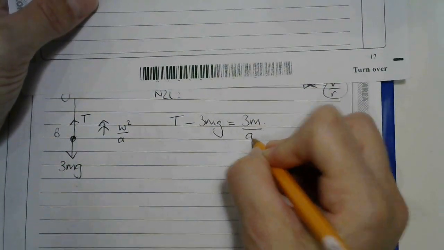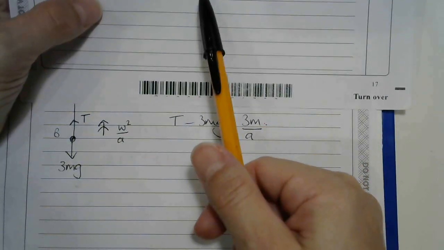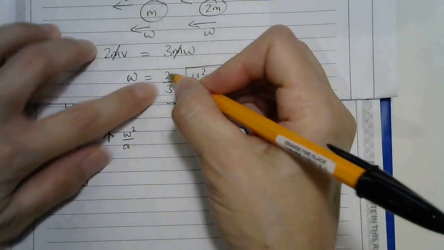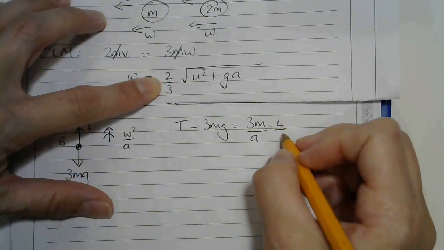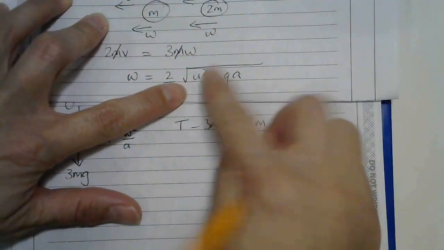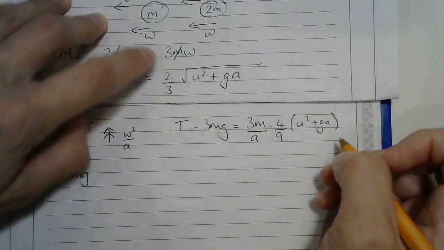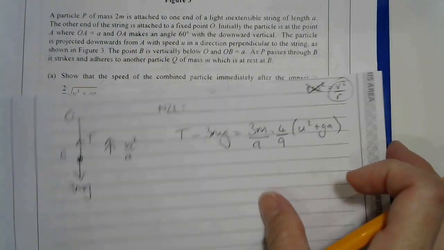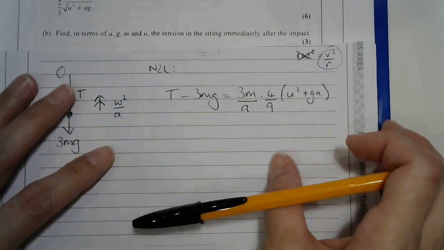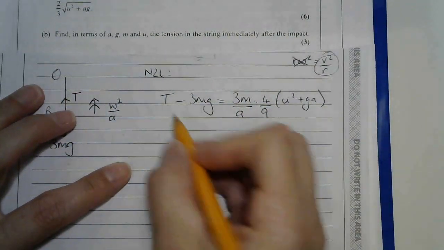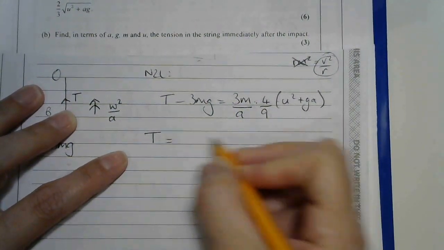and then divided by a. So I'll pop the divided by a there, and if I square this expression, then I will get 2 squared makes 4, 3 squared makes 9, and that squared will make u squared plus ga. And so now I can just rearrange this as I'm looking for T. So T will be,